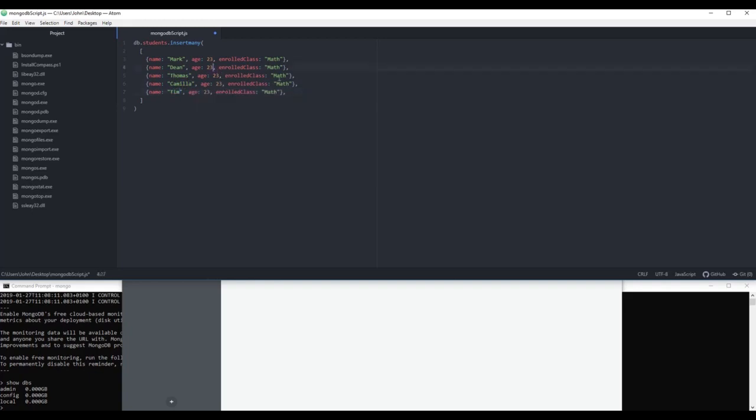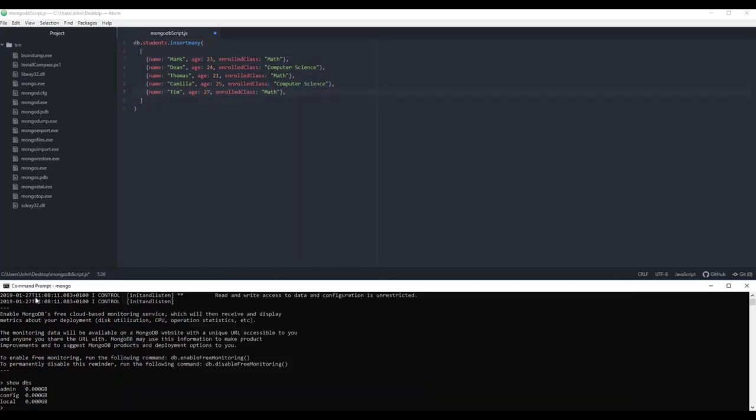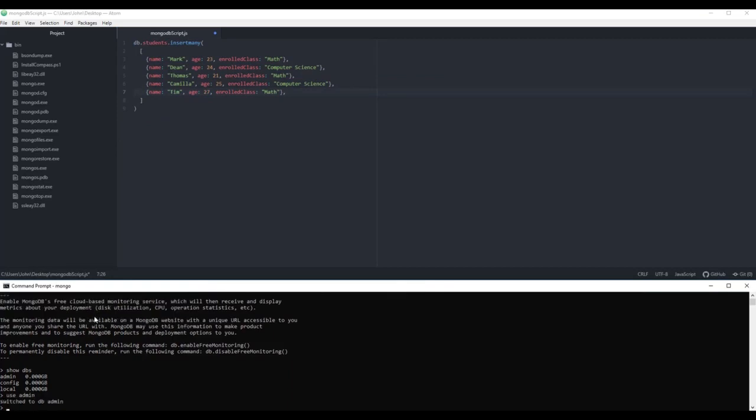And their age as well should be different, just to get an indication of how this works. And then some of them should be enrolled in computer science class, whereas the rest is enrolled in the math class. So we just copy this, then we go down here to our MongoDB shell, and then we say use admin,